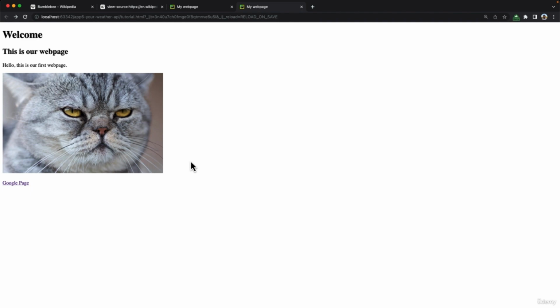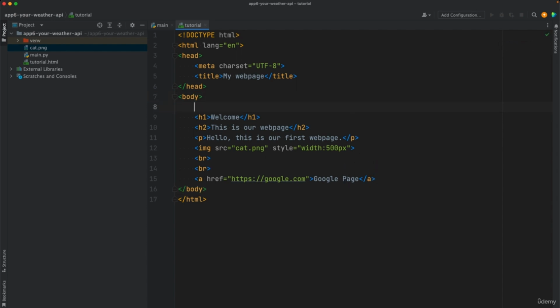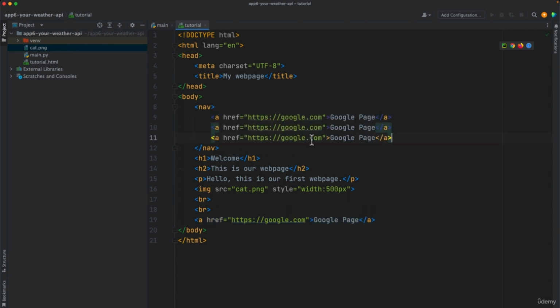Okay, so we need to add one more element to this code, and then we're done. What I want to add is something here on top. What I want to add is a nav element, and this will contain multiple other elements, nested elements, which will be like these a tags. I'll just copy these actually. 1 time, 2 times, 3 times. I'll change the links to about,